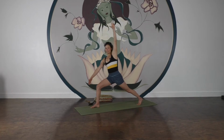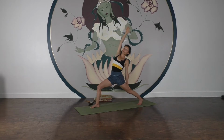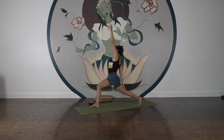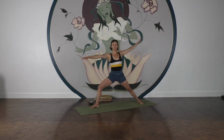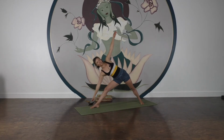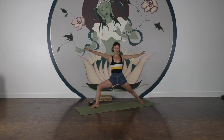Open up, windmill, open into that open twist and right back, maybe for some, into that kind of reverse open twist. Come forwards, hands together, open it up into your right facing twist. Let your left pelvis come forwards for some, reach back and lift. Come back here, we're gonna windmill it open into our warrior two facing the left. Straighten the right leg, pull the feet together if you like, transition into your triangle, back into your warrior two,